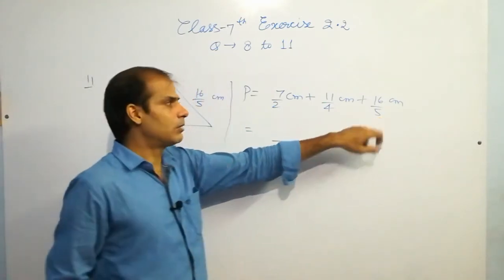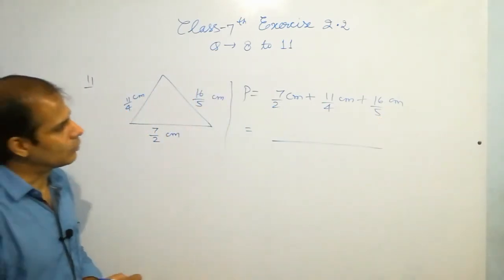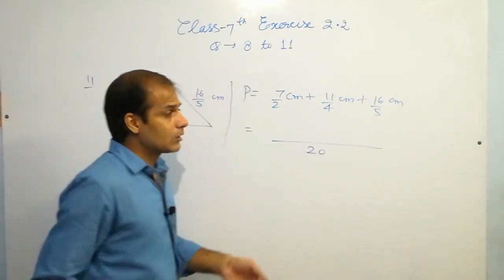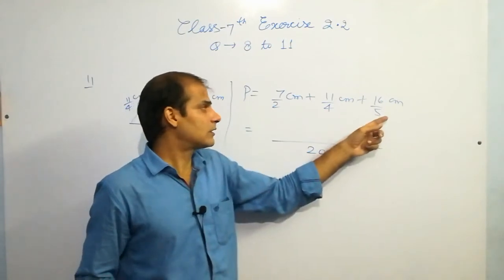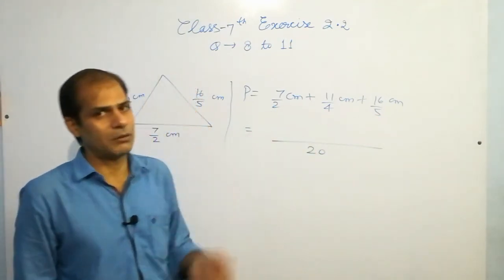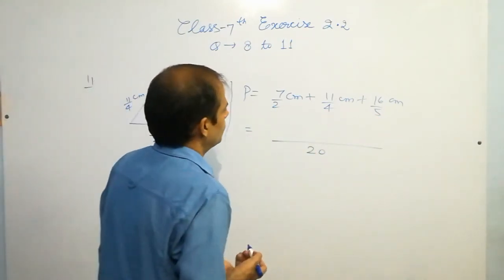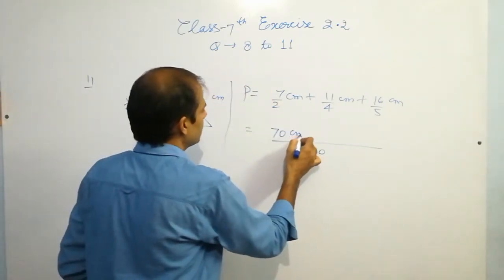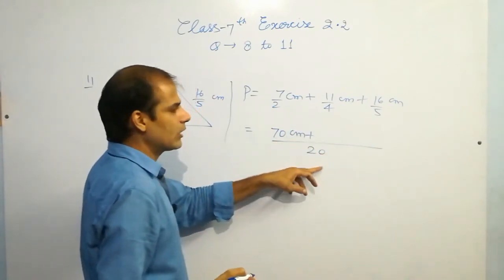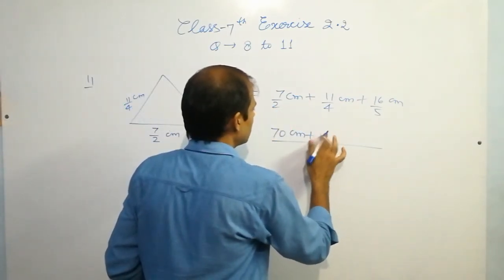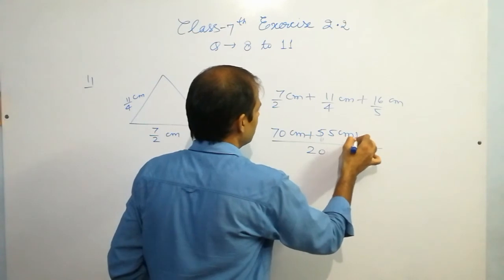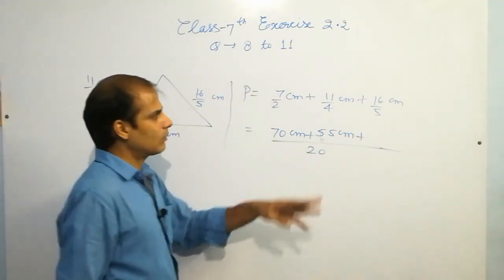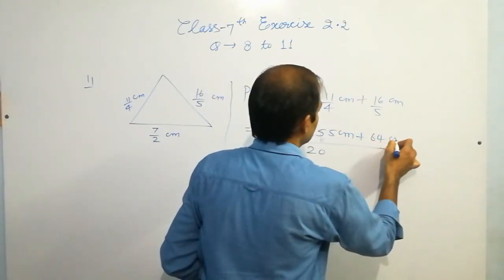Think the biggest number and consider the table. So 5 2 जा 10, 5 4 जा 20, because 20 वो नंबर है जो इसकी टेबल में आता है और 2 और 4 की टेबल में भी मिलता है. So it is 2 10 जा 20 and 10 7 जा 70, 4 5 जा 20 and it is 11 5 जा 55. Then it is 5 4 जा 20, multiply 4 by 16, 64 centimeter.